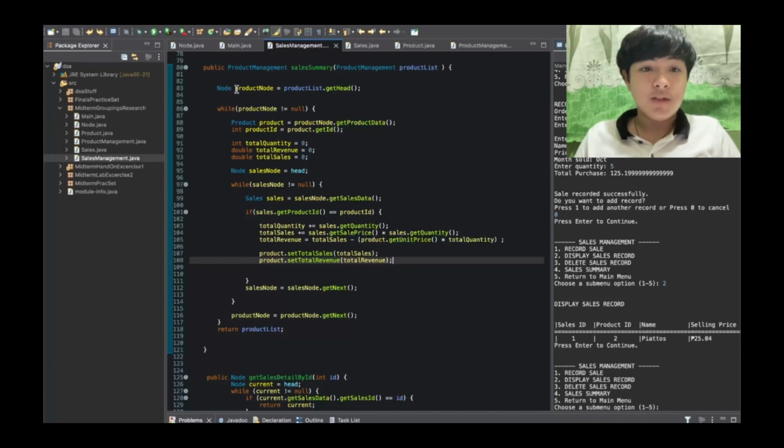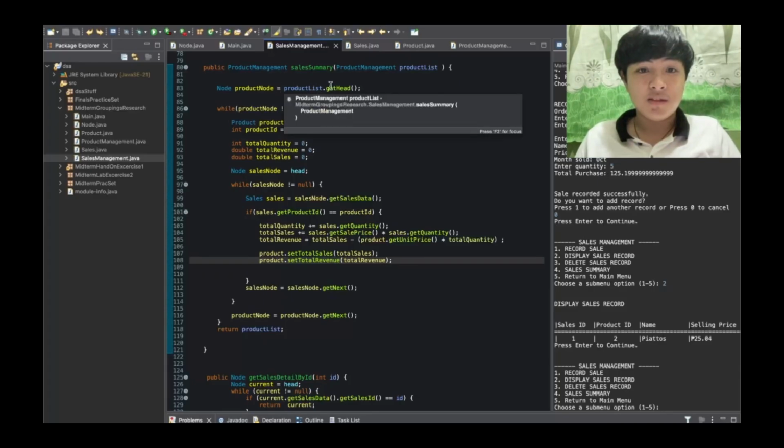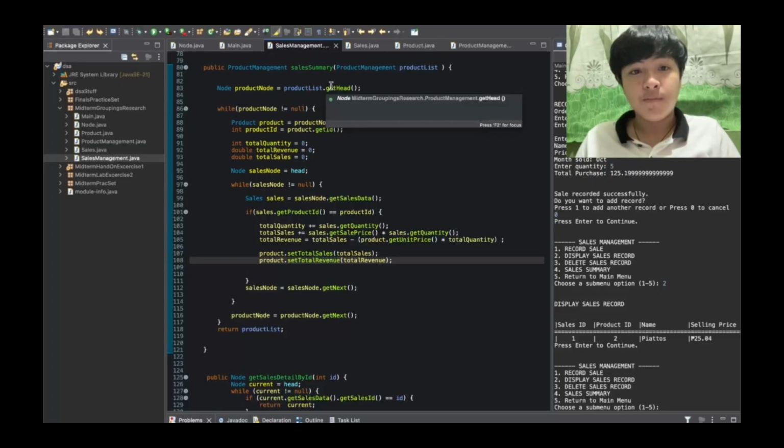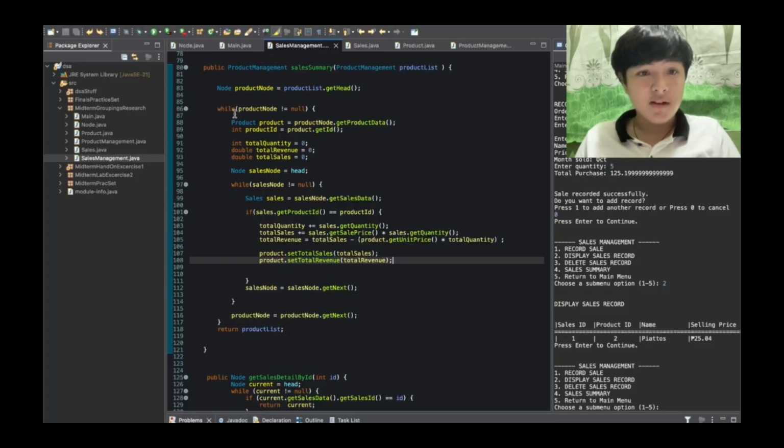So we declared product node, and in this one is product list. So we will get the data from the product management. Now we will loop, which is called a while loop, and it will traverse, right? Now we will declare so many things right here.